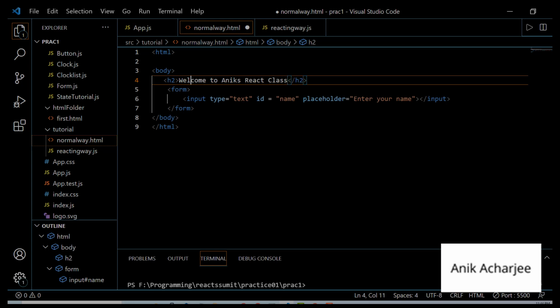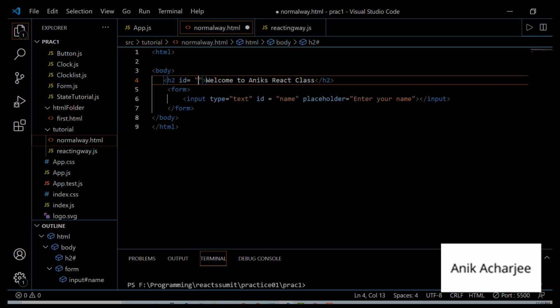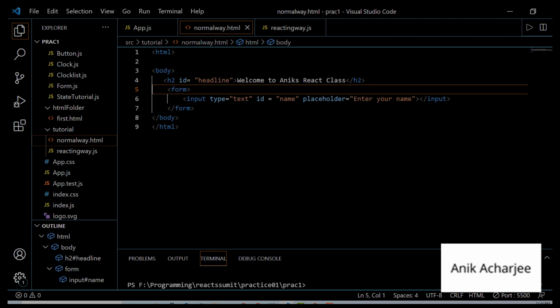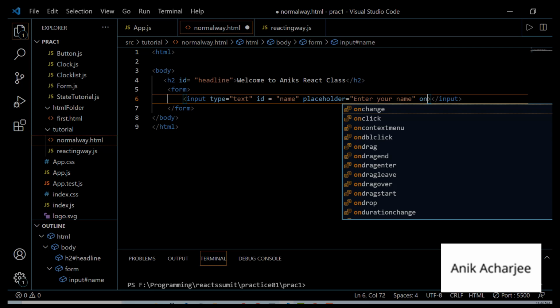As we are manipulating the DOM, we give it an ID. So what we can do is, when the user inputs their name, we change it in the DOM. So on change,